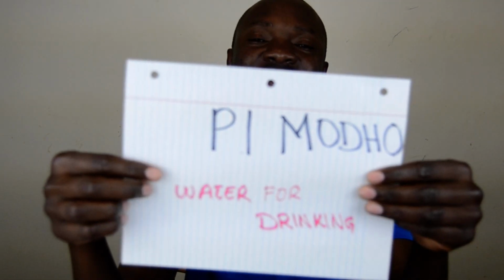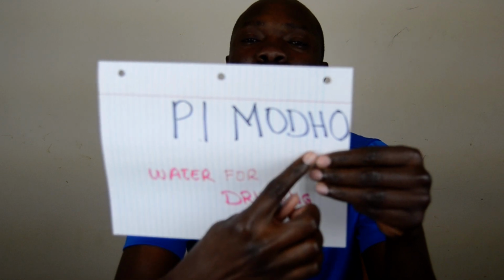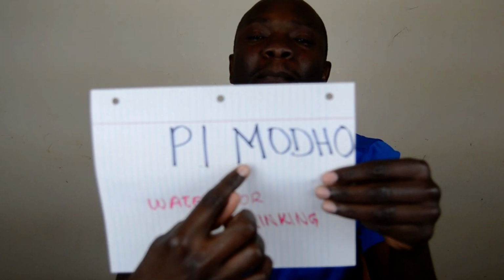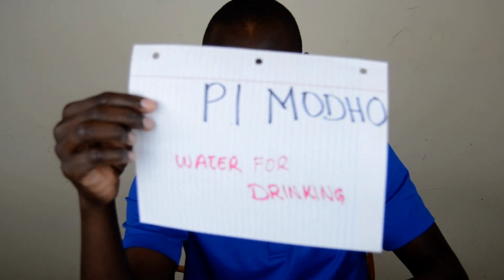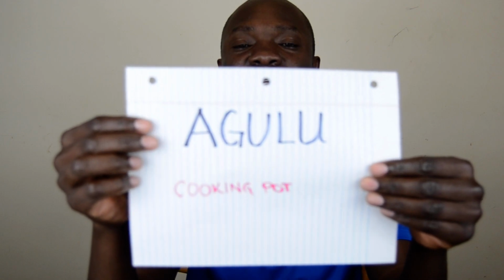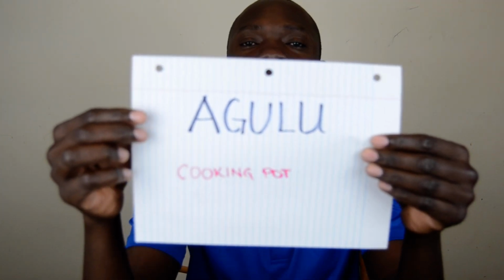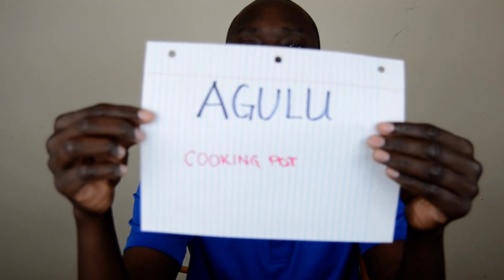Water for drinking. Pi modo. Water for drinking. Then a cooking pot. Agulu. And then I've just remembered,